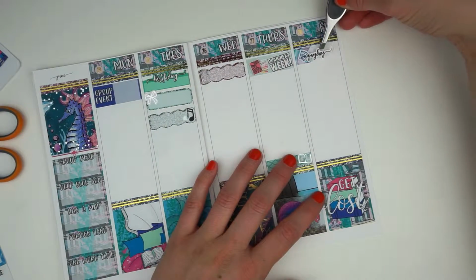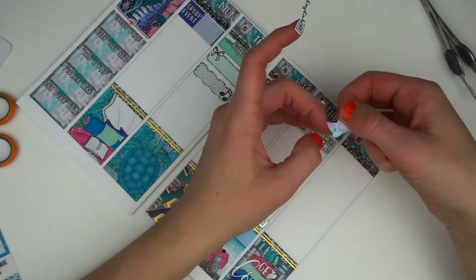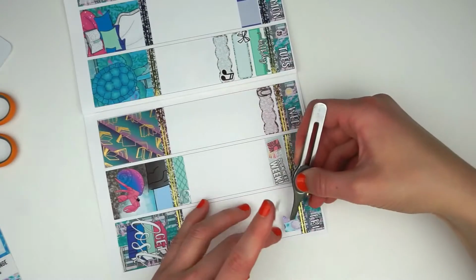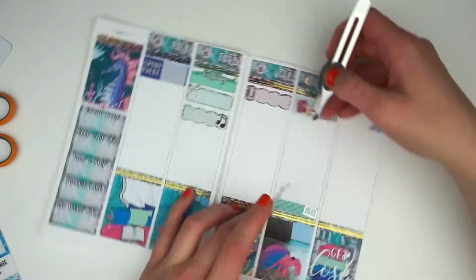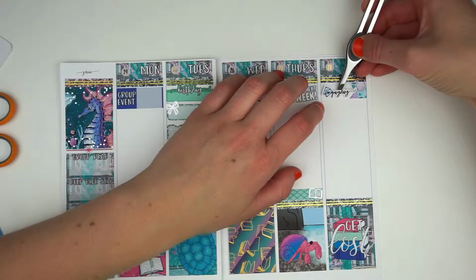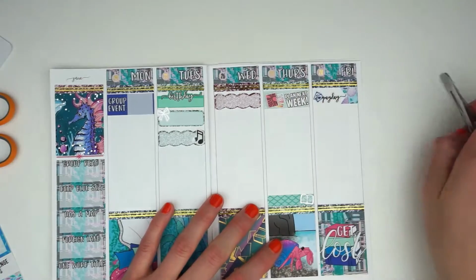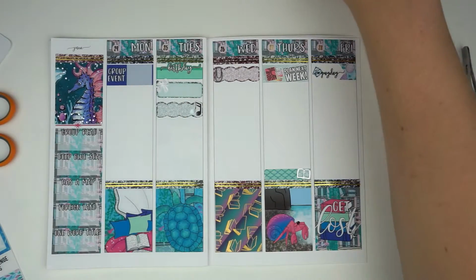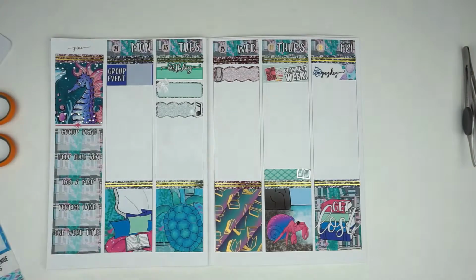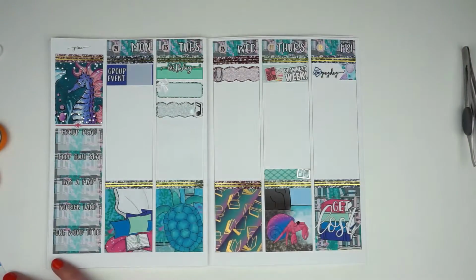And then this Payday script sticker is a leftover from a Creating & Co. monthly kit that I used last year, just to mark there that I am getting paid on Friday, which is always a fun thing. And then I'm going to pull in a quarter box to mark that Aoife needs her flea meds, and